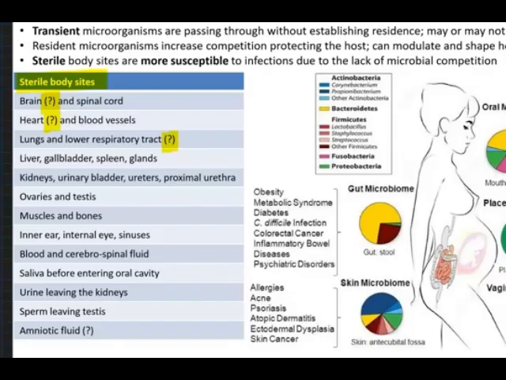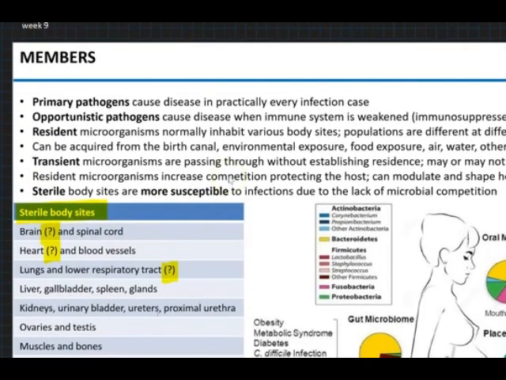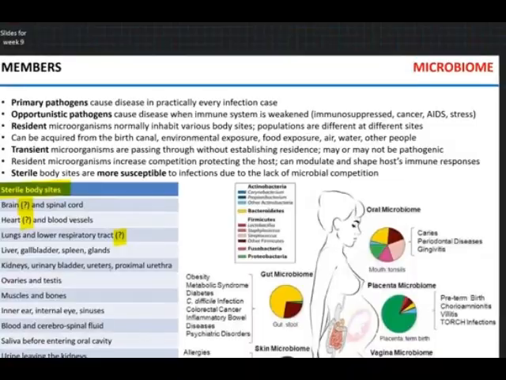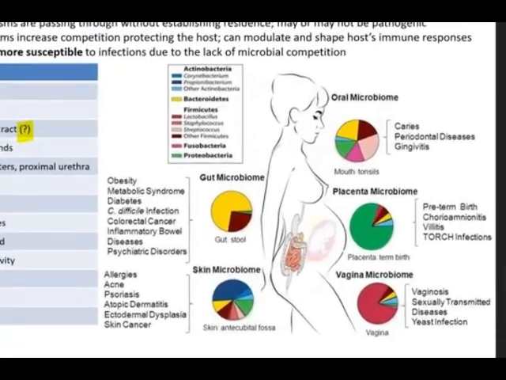So when we use the term sterile, we refer to the fact that all those body sites summarized in the table do not have a resident microbiome. So what is the resident microbiome? The resident microorganisms normally inhabit different body sites. So what are those body sites? As I often say,